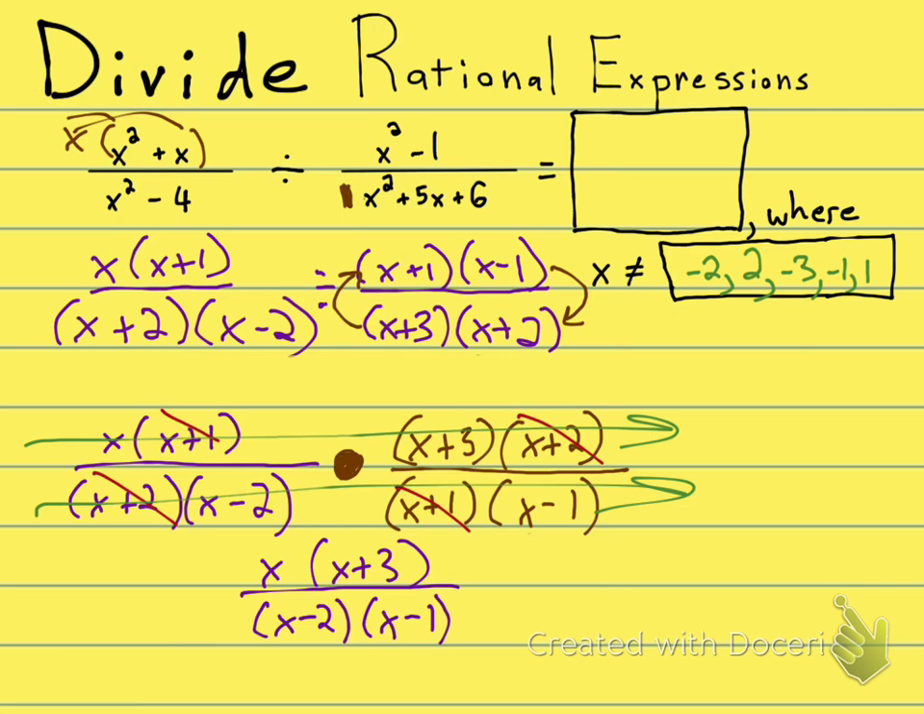Now, let me clarify what we cannot cancel. Okay, see this x with this x? We cannot cancel those because this x is part of a binomial, and this x is part of a binomial. You'd have to be able to cancel the entire binomial, the entire factor. So this is our answer. I will put a box around it, and I will put it up here. So we have x times x plus 3 over x minus 2